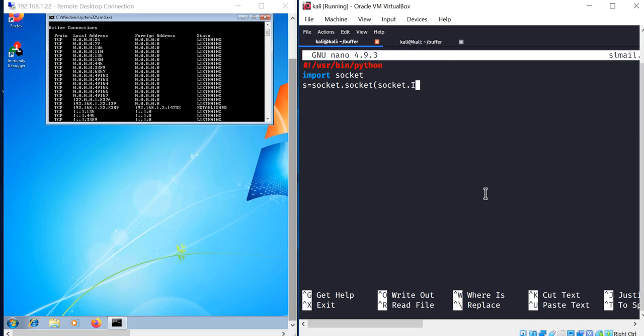I think it is socket.AF_INET to connect through IP version 4, and then socket.SOCK_STREAM for TCP connection. Then I say s.connect and give the IP address of my SLMail server, which is 192.168.1.22, with the port number as 110, and I say s.recv(1024) because it receives a banner there,